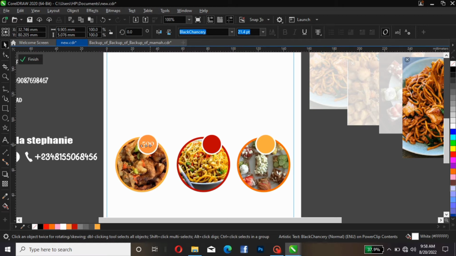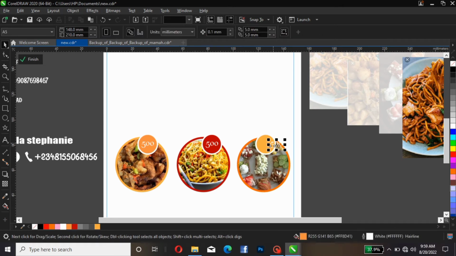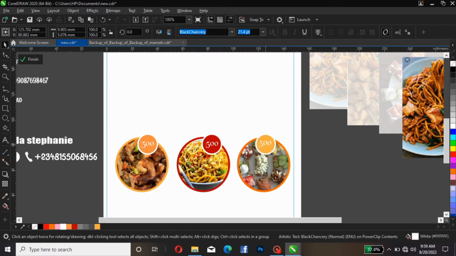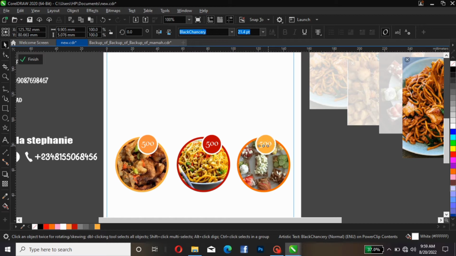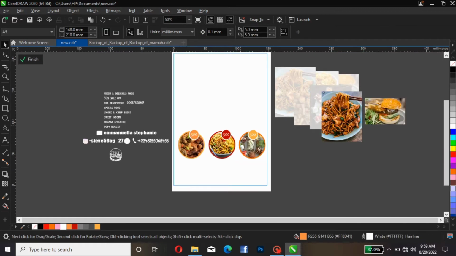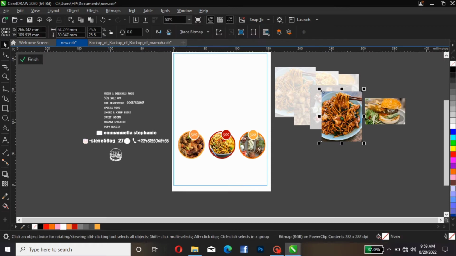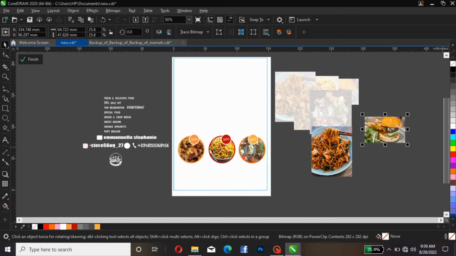Okay, so bring this. You can see, hold your Shift button and with your mouse, then right click over here, Control D on your desktop. You can see. So let's bring it here. Okay, now this is it. Okay, I think it's okay like this. So the next thing is to start inserting these ones as well. Okay, so we'll start doing that